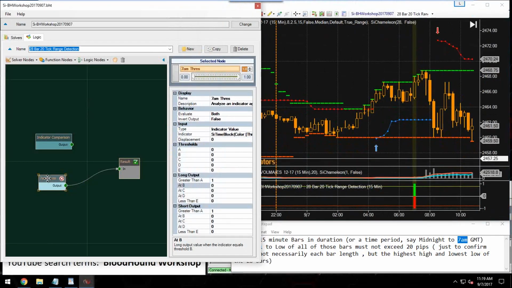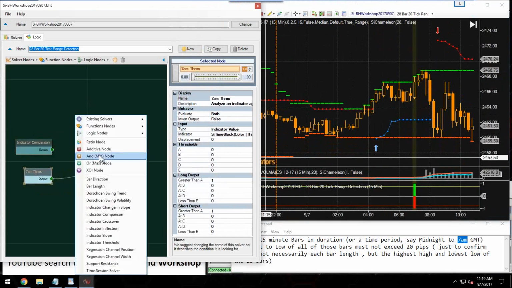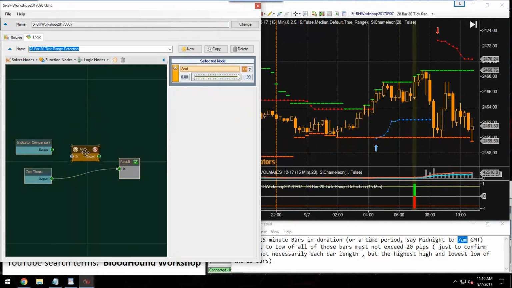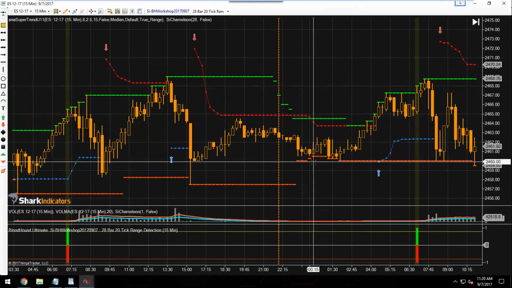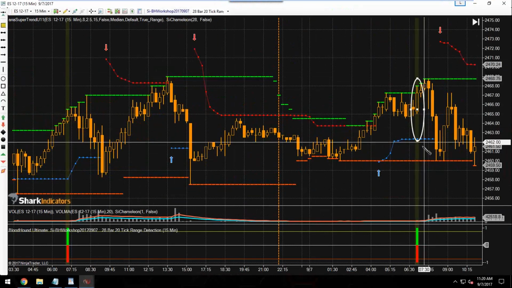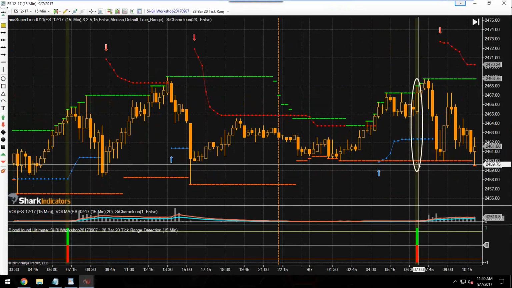That's one of the unique things that the TimeBlock can do: it can find a specific bar for you. So if I took that, use an AND node, I can connect those in. Now all we have marked is the 7 a.m. bar. So now BloodHound will tell us,